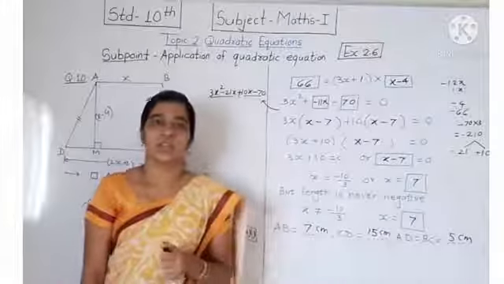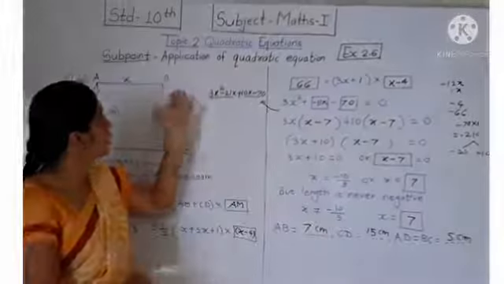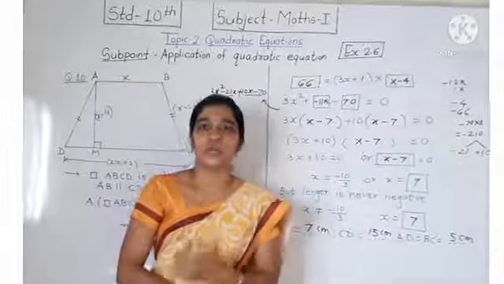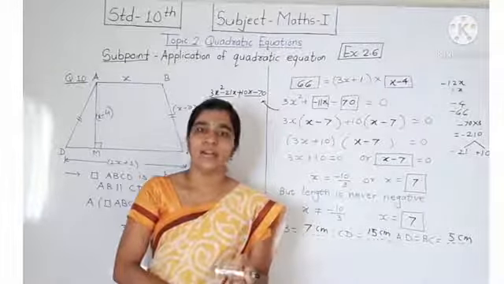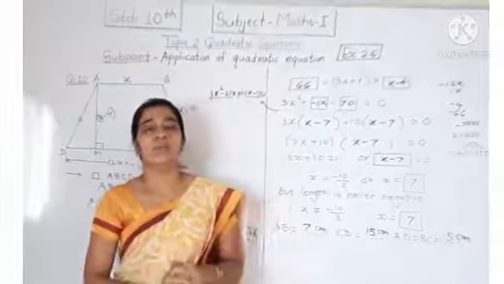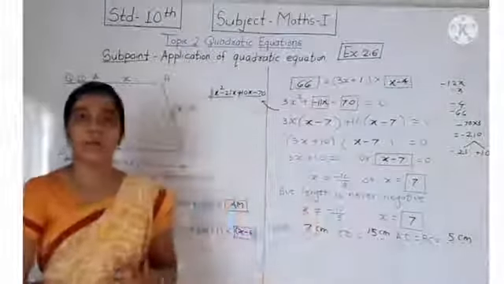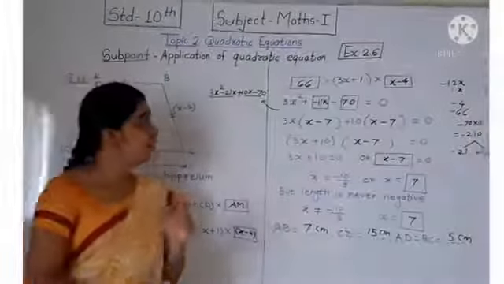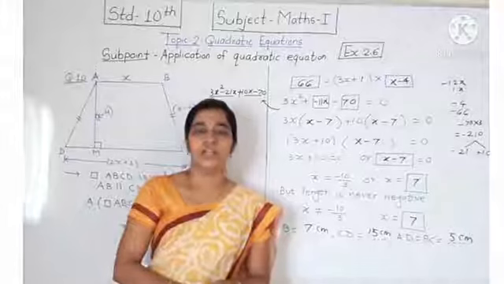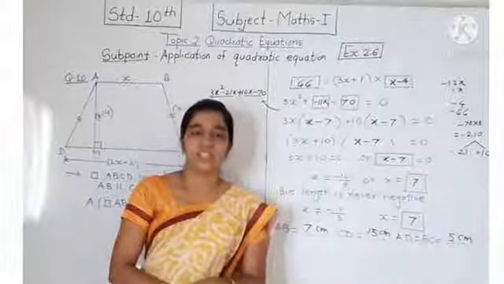So students, we have completed the quadratic equation topic. The last point was the application of quadratic equation. In that we saw how to apply quadratic equations to word problems. First we convert the word problem into symbolic form, then we simplify it and then convert it again into verbal form. So we completed exercise 2.6 and this topic is completed. Your today's homework is to solve exercise 2.6 in your notebook.